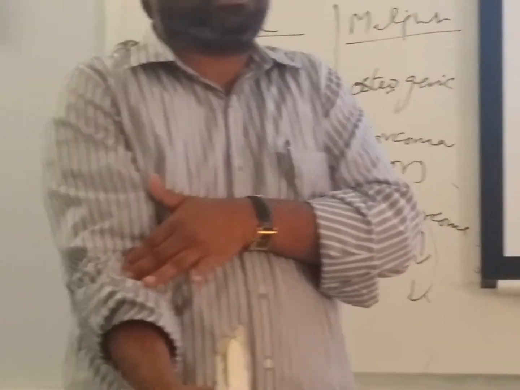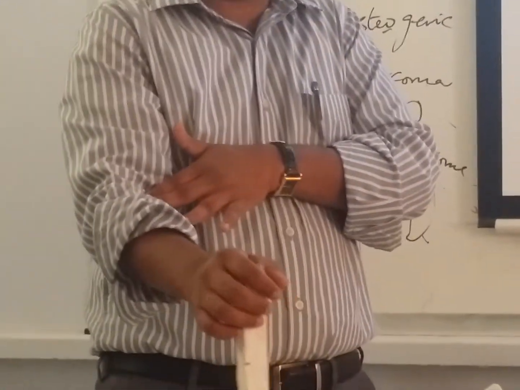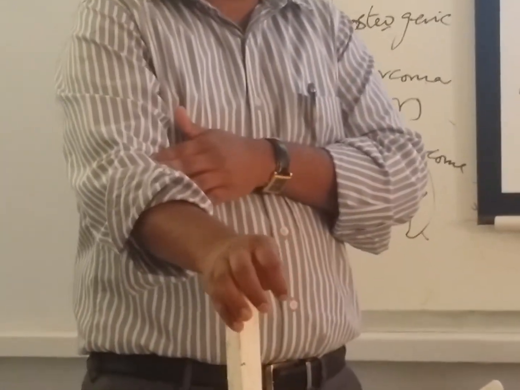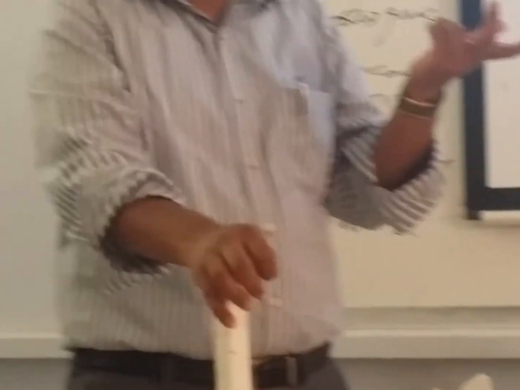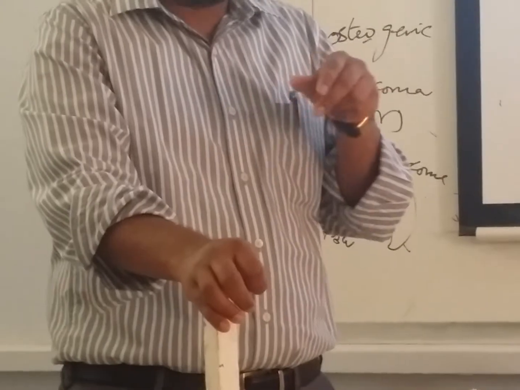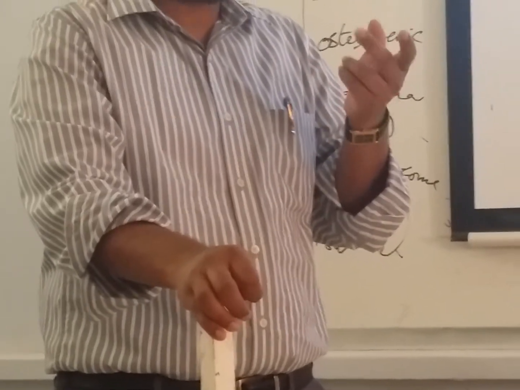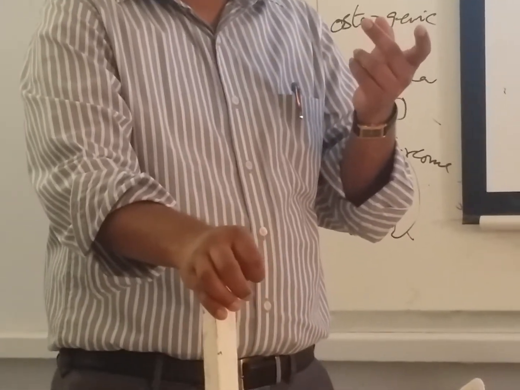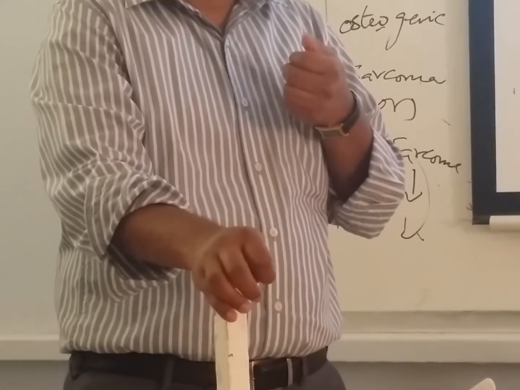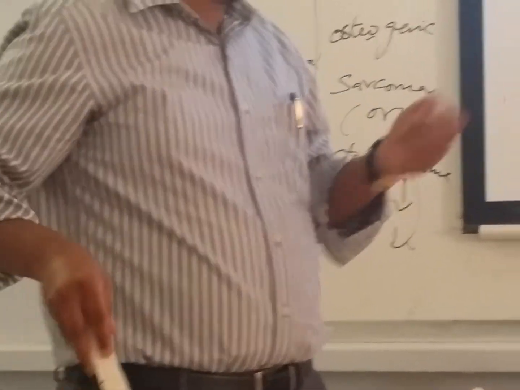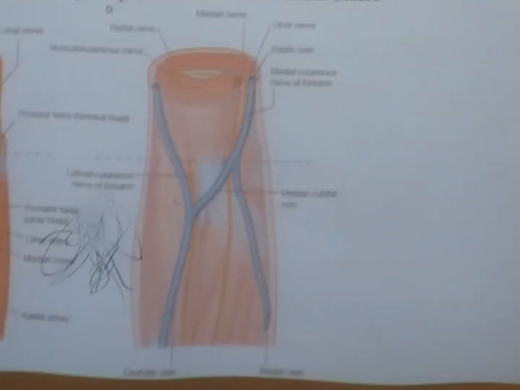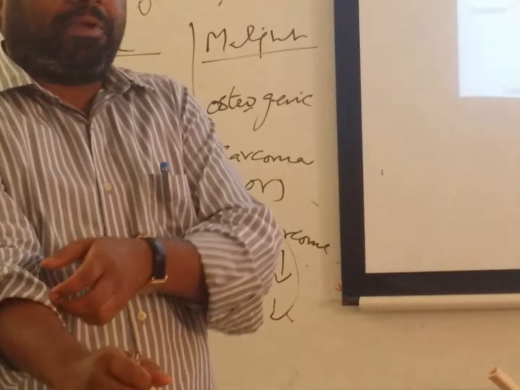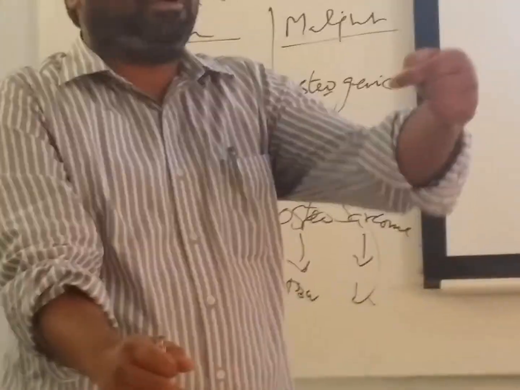Whenever you go to hospital with some illness, when you are sick sometimes, the doctor says you need to have blood tests. So when you go to the lab, how do they draw the blood sample? Which vein do they usually prefer? From where do they draw the blood? They draw from this vein, the median cubital vein. Why is this vein preferred, not any other vein in the body?